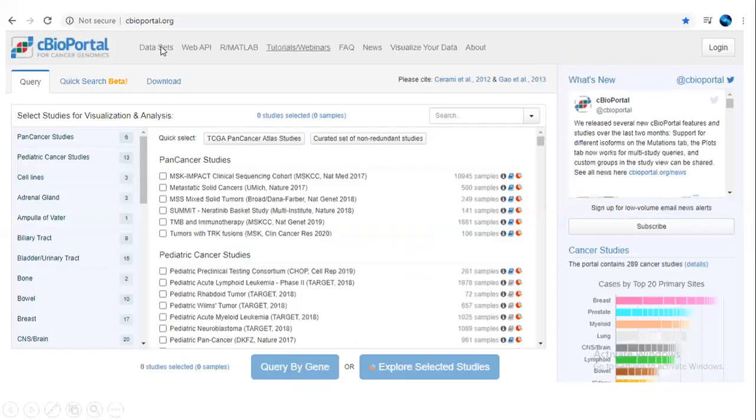This is the cBioPortal, which is available at cbioportal.org. I'm not going to go deep into this, just an overlook so that we can see the demo of this platform. Here is the number of cancer types with the projects they have introduced. You can even search with keywords for your target of interest or cancer type. They have listed the top 20 primary tumors and the datasets deposited, as the cBioPortal covers 289 cancer types.